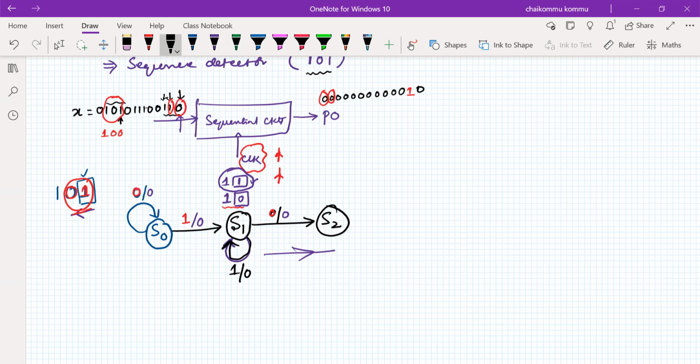Now, here we have already detected 1 0. Now there is a possibility of 1, and there is a possibility of 0. So is it a valid sequence or not? Yes, 101 is a valid sequence. Then where does it have to go? Actually 3 bits are completed, there is no doubt. But here we have to think about depending upon the valid bit sequence.